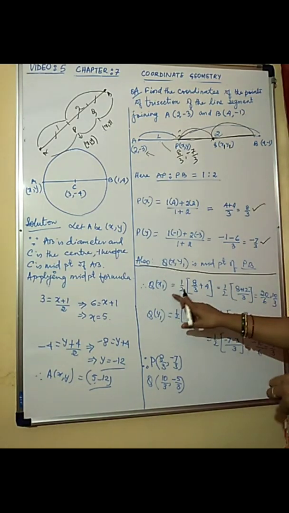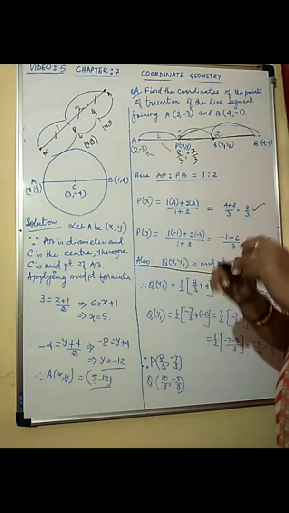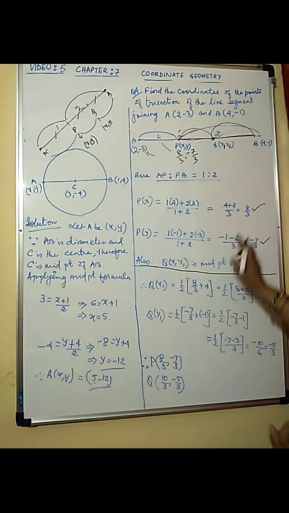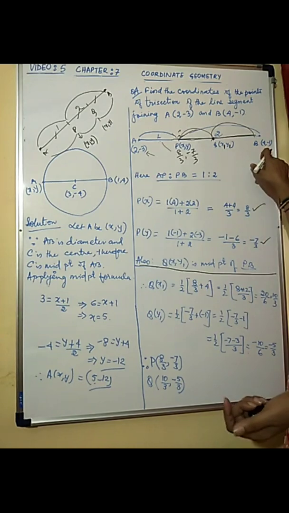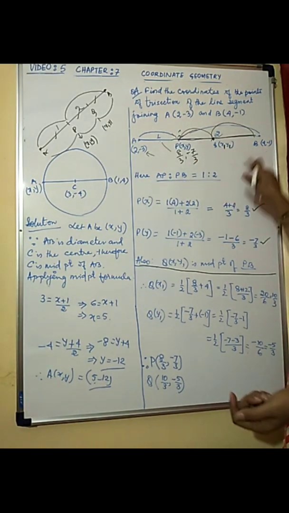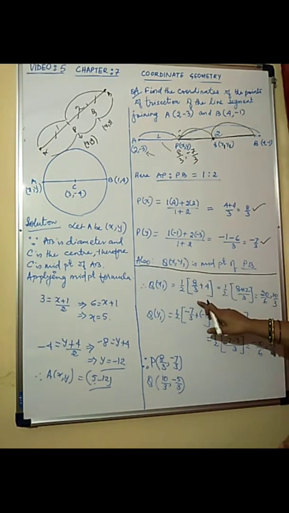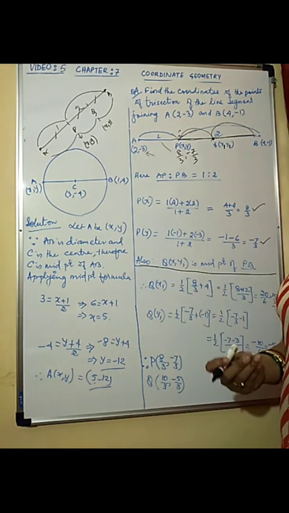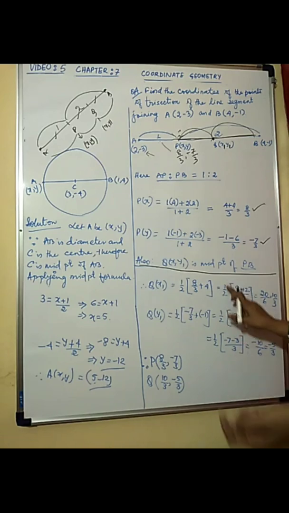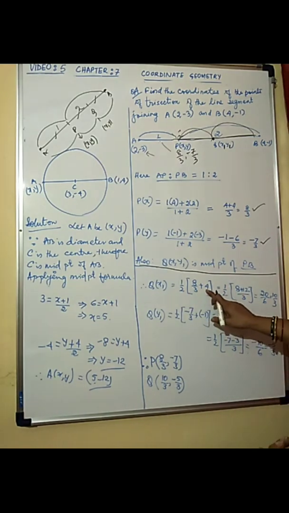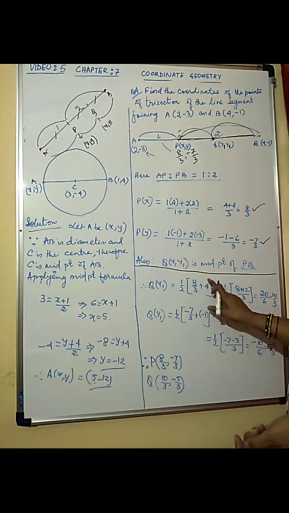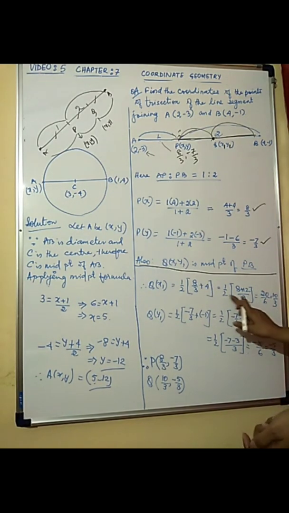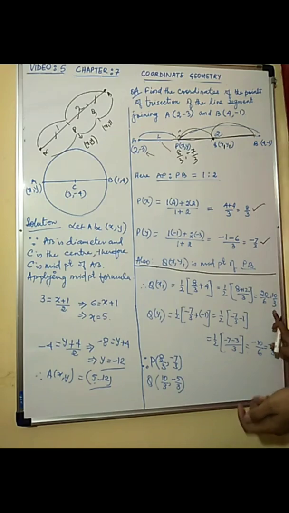So Qx1 is half into, because it is divided by 2, so I have taken half here because you have the fractional addition here. So x1 plus x2, 8/3 plus 4, divided by 2. So I have taken the division by 2 outside, multiplied by half, which means the same. So this is equal to half. Then take LCM 3, you get 4 into 3 is 12 plus 8, divided by 3. So you get 20/3 into 1/2, which is 10/3.